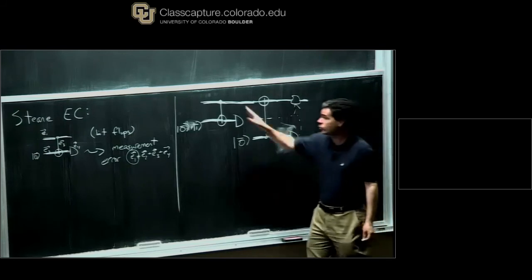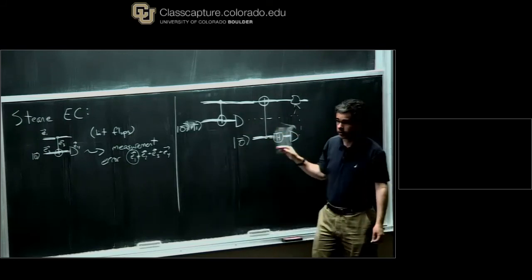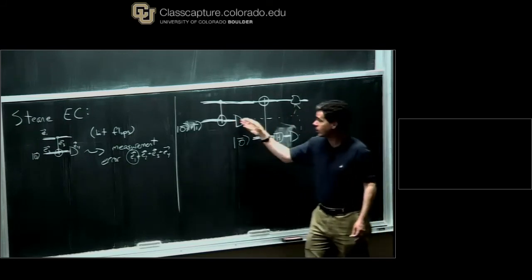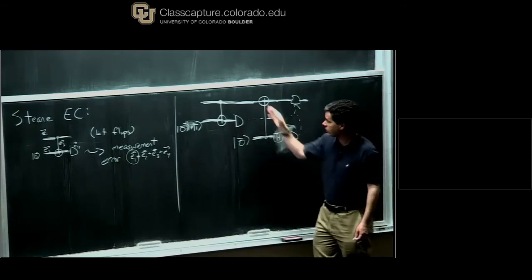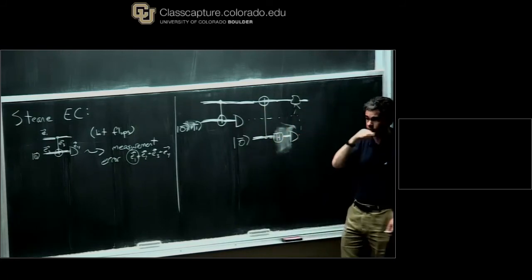Okay? So in the case where there's no faults in the procedure, this works fine, right? The bit flip errors get propagated down here. We see them. We correct them. The phase errors end up here. We see them. We correct them. Yeah? We're measuring